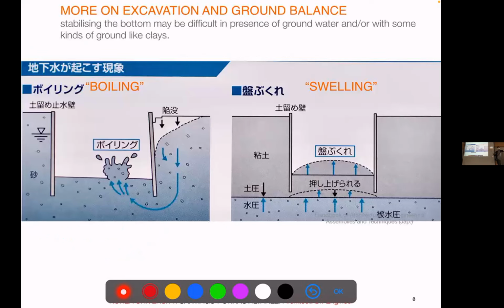So what happens with excavation? Usually by experience, we see an excavation and nothing happens, but that's not always the case. This is taken from a Japanese handbook. I have a lot from Japan because Japanese are very good at documenting everything, right? And we have the Hanji or Hanja, which are also helpful for Chinese students who are not familiar with English. So there are very common cases. One is what they call the boiling of the ground. If the ground is not rigid, it's plastic, the difference of the weight of the floor may make it just protrude. And it's quite nasty to happen when people are working there, right?